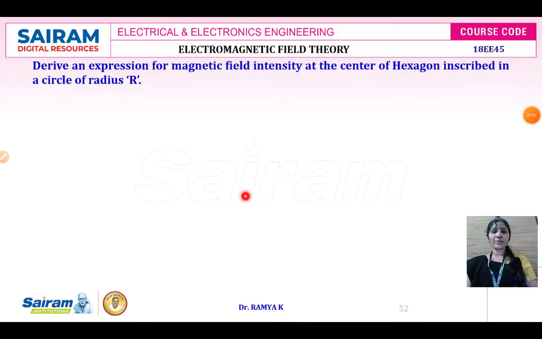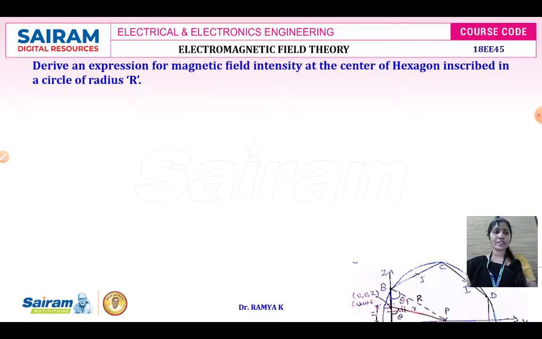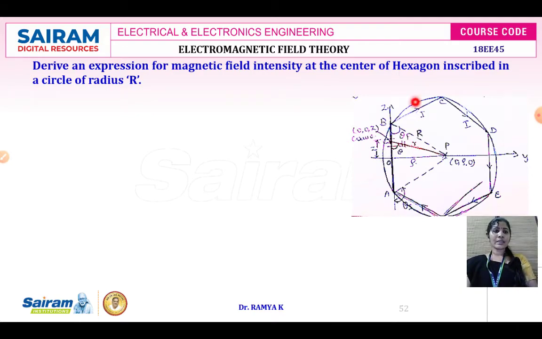The difference between the previous problem and this problem is that previously the geometric shape considered was a square. In this problem we are going to identify the magnetic field intensity at the center of the hexagon, as shown here. Here also, if you find the magnetic field intensity for one side, you can multiply it by 6. The angle will be different, because the angle between two sides in a hexagon is 120. Therefore, the angle made from point B to point P is only 60 degrees.